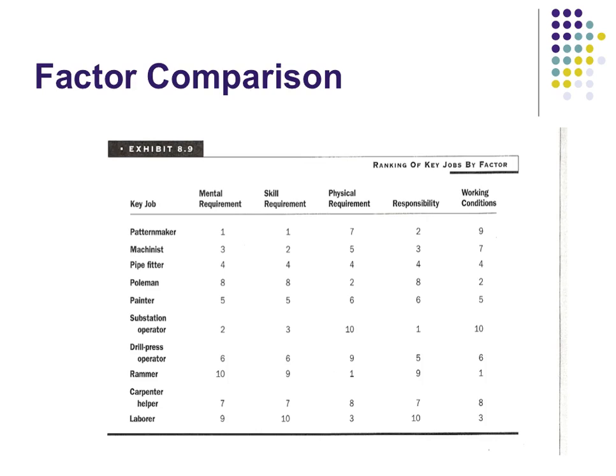The highest physical requirement is for the rammer. The lowest physical requirement is the substation operator. Highest responsibility is substation operator. They're obviously running an important station, and it may have some difficult challenges, but the lowest responsibility is the laborer. They're the lowest on the totem pole. Working conditions, the rammer has the most difficult.